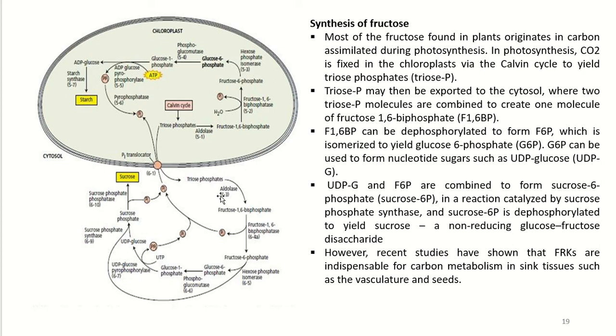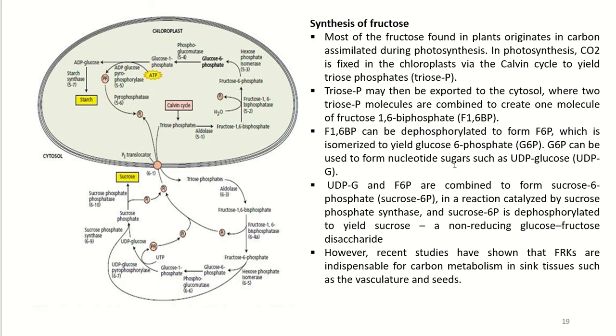Now this triose phosphate may be exported to the cytosol, where two triose phosphate molecules are combined to create one molecule of fructose 1,6-bisphosphate. This fructose 1,6-bisphosphate can then be dephosphorylated to form fructose 6-phosphate, which is an isomer of glucose 6-phosphate, and glucose 6-phosphate can be used to